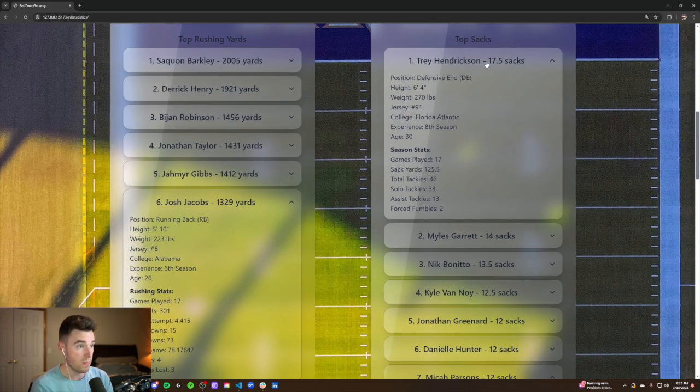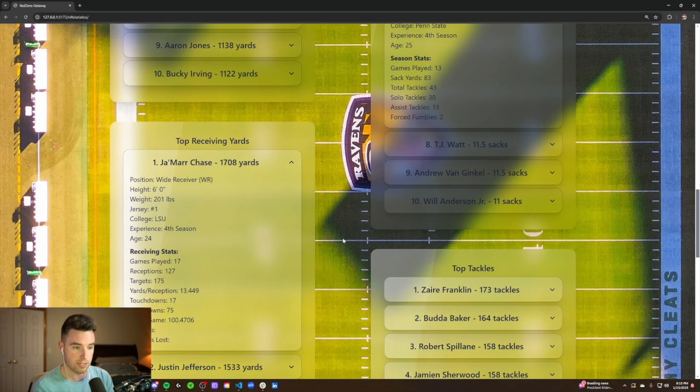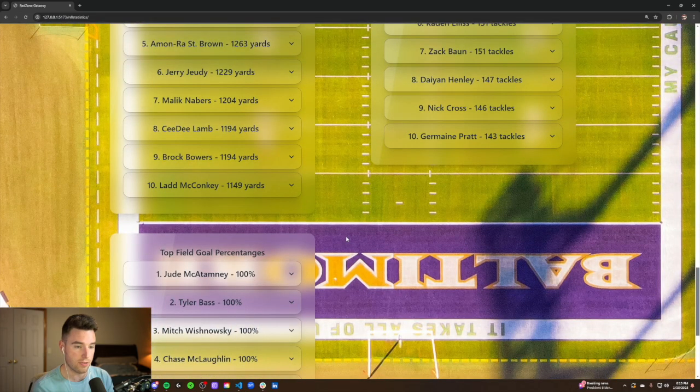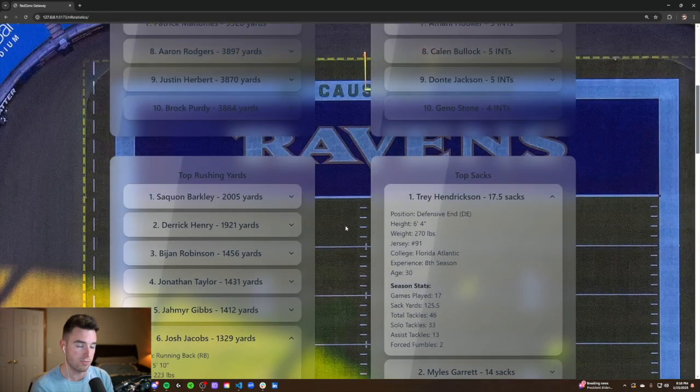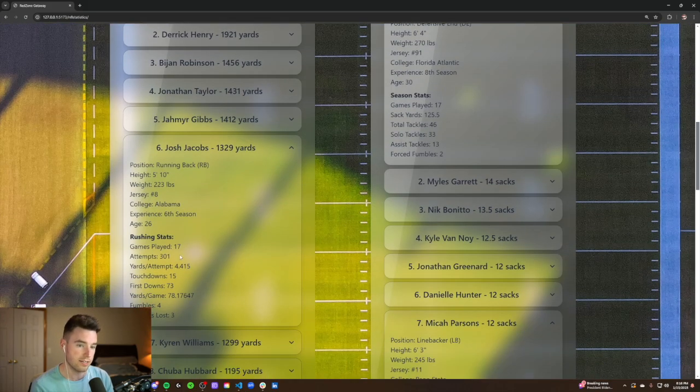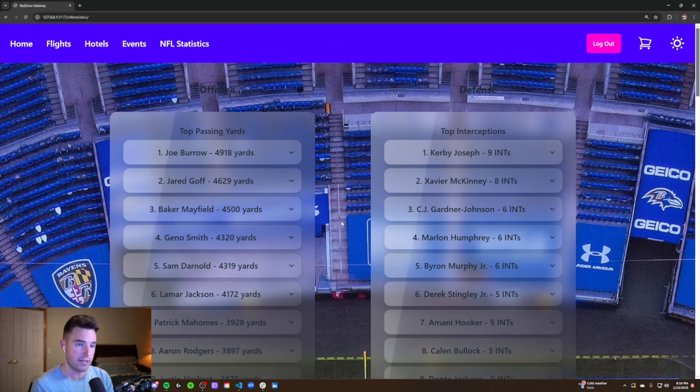You can look at the top sacks of Trey Hendrickson, 17.5 sacks, with all the games he's played, sacks, total tackles, solo tackles, and so forth. We have chosen the same card format, and the only thing we have changed is what is being passed through to the Billionaire API so that it can pick out the correct players and display the proper stats. With that, I will now be handing this off to